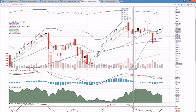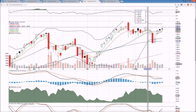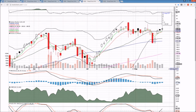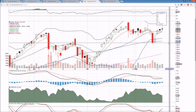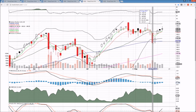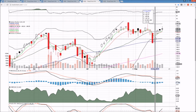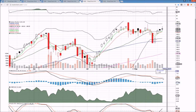QQQ is looking to see continuation, and we do have this lower high pattern to watch. So our lower high is 145.47. This is an indecision candlestick here after a 3-day bounce that favors the bears, and 144.96 is resistance at the top of this bounce. If we start to break the higher lows, we need to see the bears break 143.80 to start to pull back a bit. And again, from there, because the magnitude of this bounce is strong, we will be looking for a higher low to form on consolidation before the bulls make an attempt to break the lower high pattern